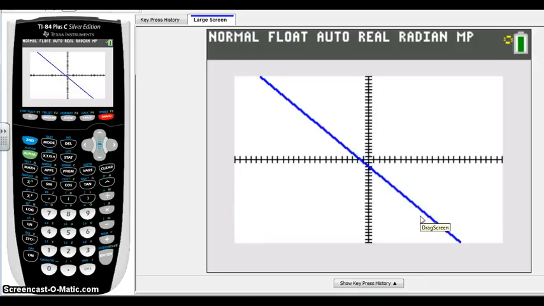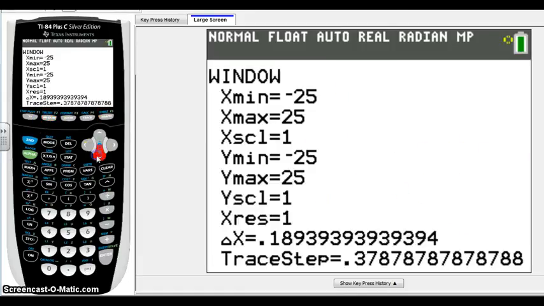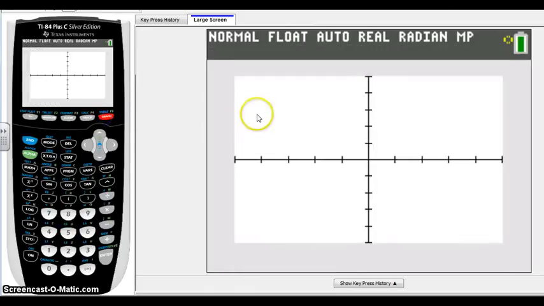We can see both graphs being graphed, and I can see them nice and square. Notice too that my tick marks changed because I'm still increasing by 1. In our window, we can also change the value that each of these increase. So let's say I wanted to change my x scale to 5 and my y scale to 5. You're going to see that now when I go back to my graph, my tick marks are a lot further